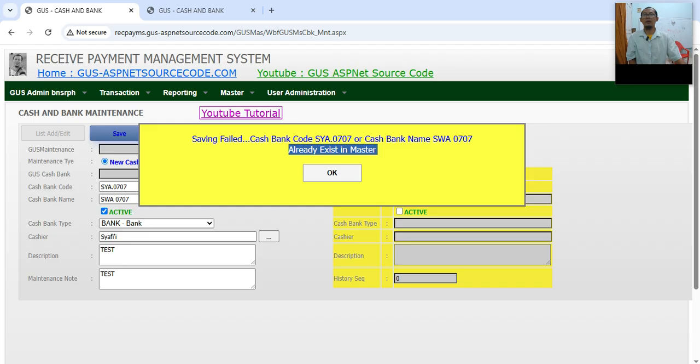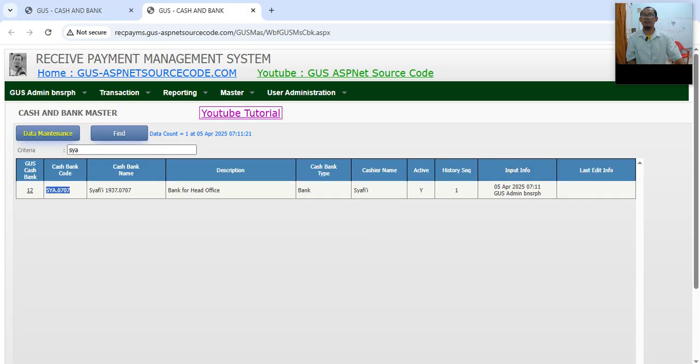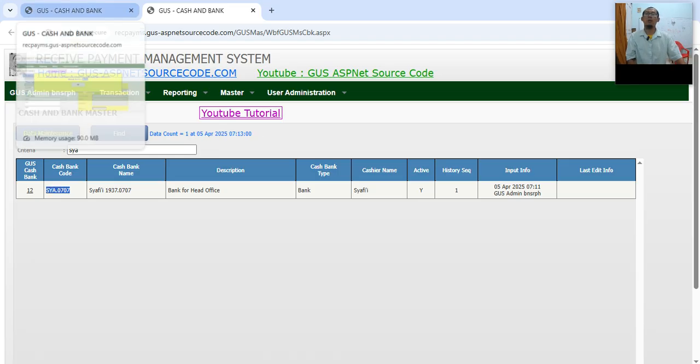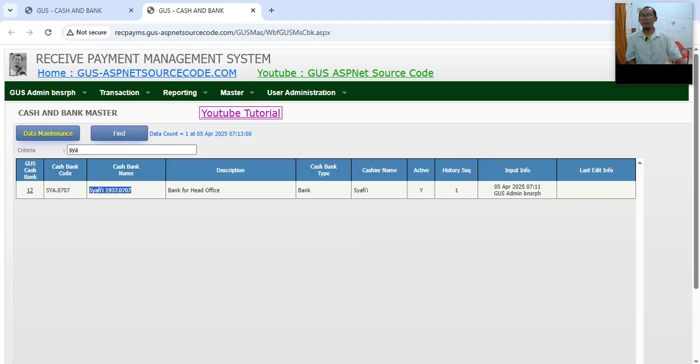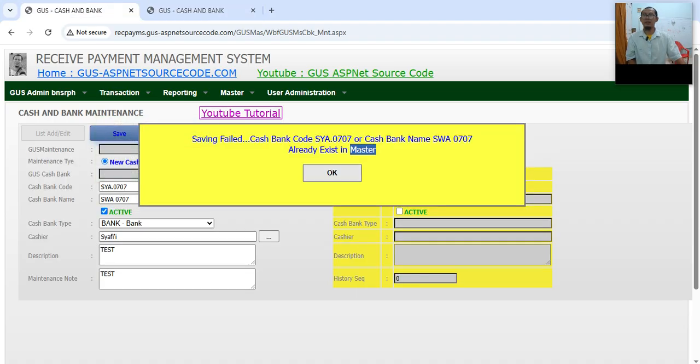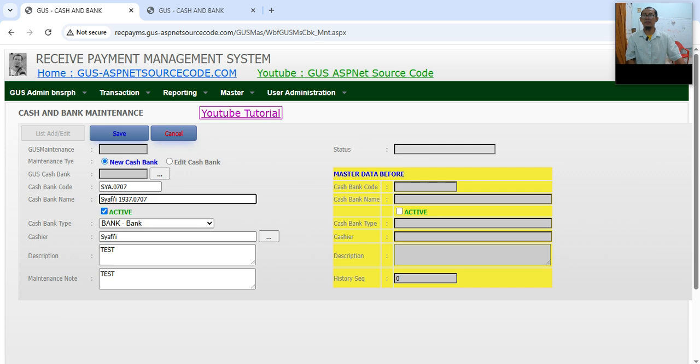Why? This is because cashbank code SYA0707 already exists in master. Let's check. Here it is. This is already exists here. What if I will create the name is as that's the same, and I change the code to be,